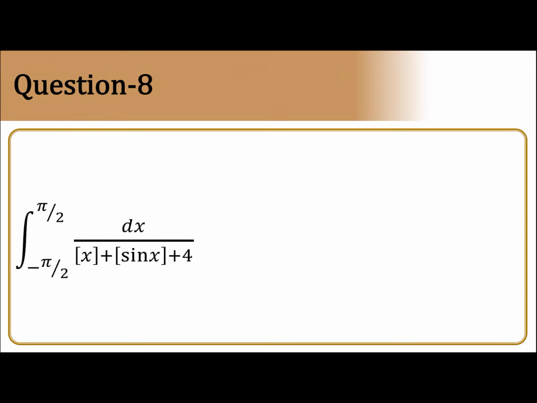Let us do the next example. Here also, the greatest integer concept is included with trigonometry, the sine graph. If we draw the sine graph like this, this is minus pi by 2 and this is plus pi by 2. Whenever greatest integer is given, you draw horizontal lines like this. This is minus 1 and this is 1. Sorry, this is 1, and this again is minus 1, not this line. So here they have given minus pi by 2 to plus pi by 2.